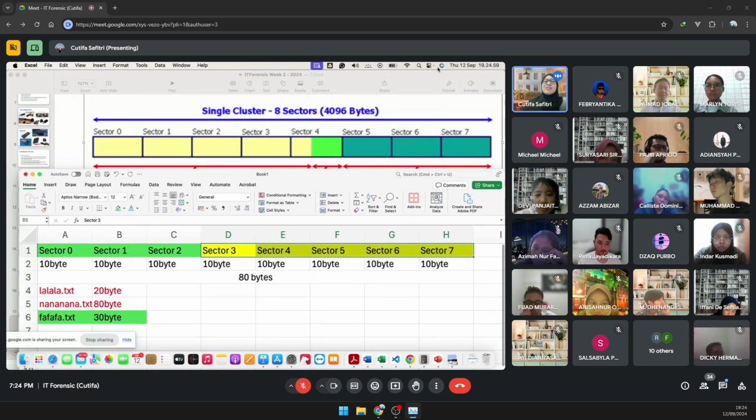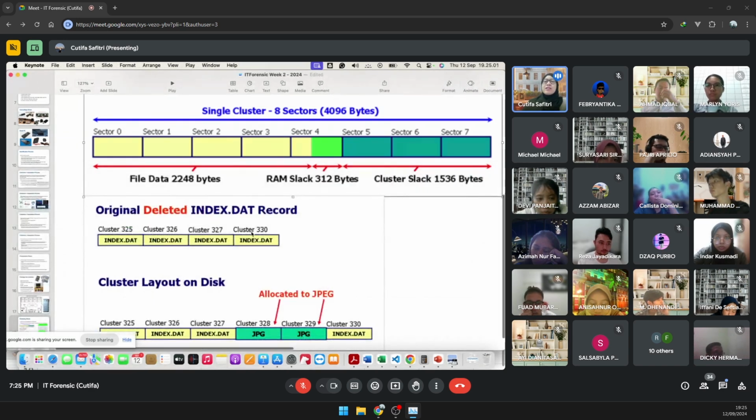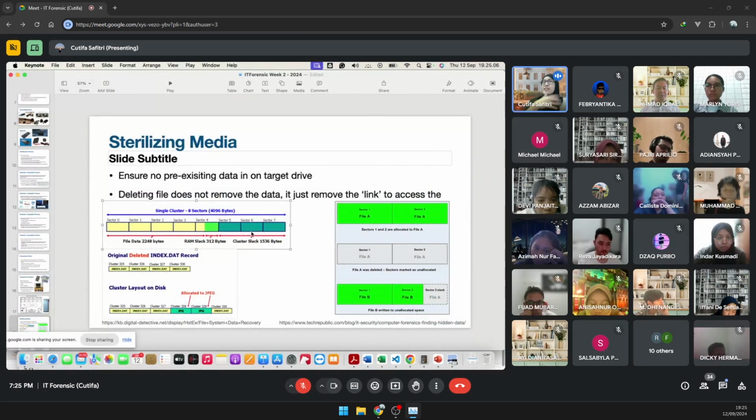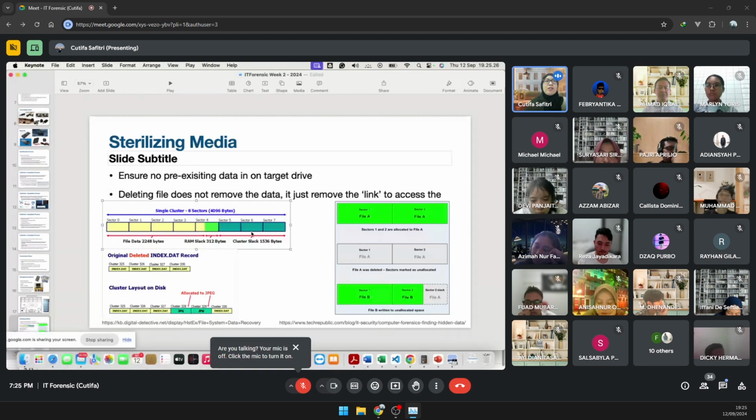Something else bigger. So that's why, if you are working on an investigation and then you deleted a previous investigation's file, and then you reuse that computer for another investigation, you will find something that did not belong to that investigation. For example, there is a gun picture, which is the evidence, and then you replace it with something else. And then you found, oh, this gun is being used in this investigation as well. No, because you deleted that, and then now you recover it. So you cannot do that.